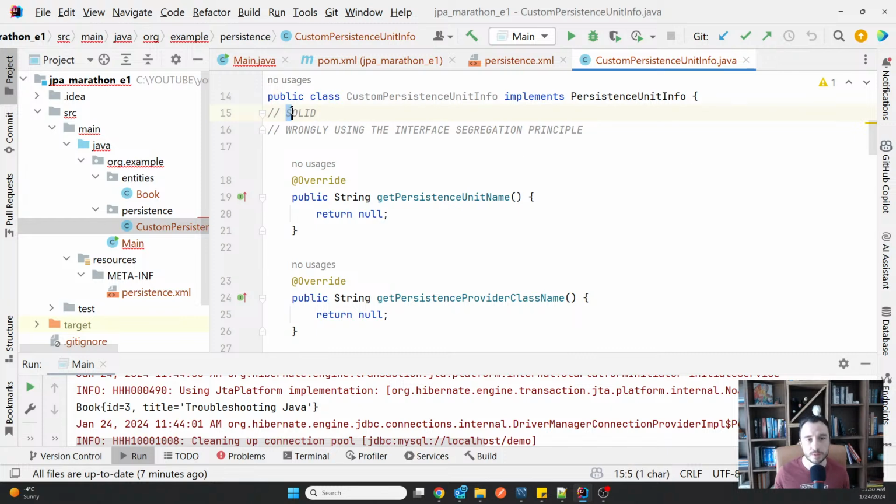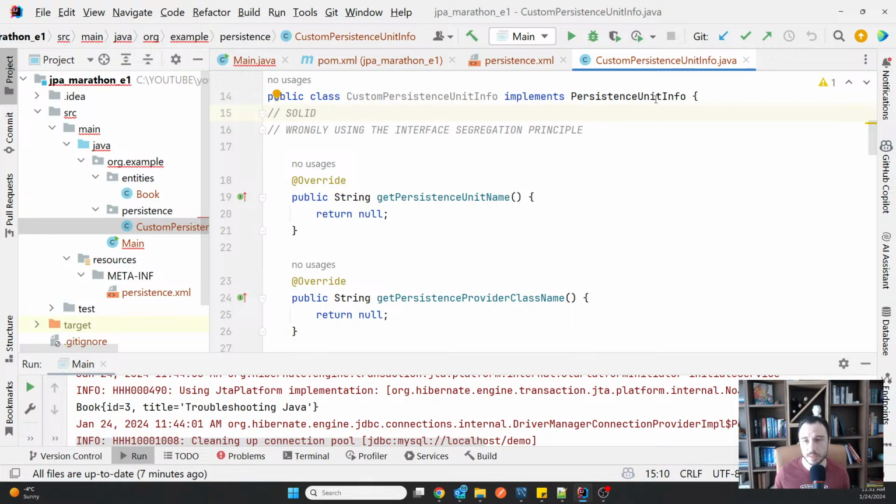There are five principles out there. SOLID is an abbreviation for single responsibility, open closed, Liskov substitution principle, interface segregation principle, and dependency inversion. If you don't know what these are, I have a video out there about them. Please do learn them. They will help you write more maintainable code.